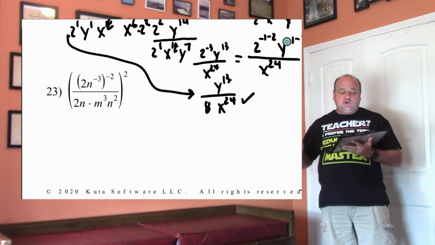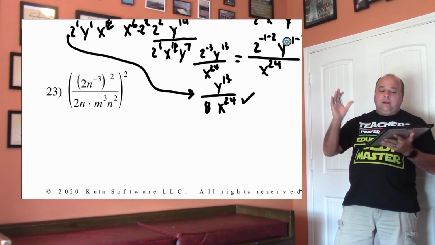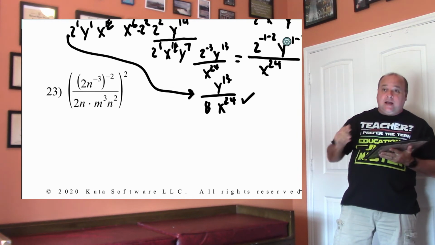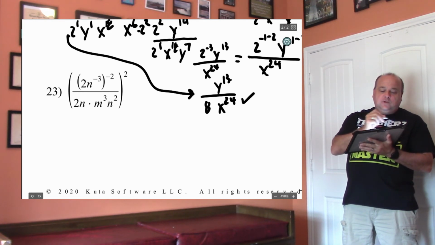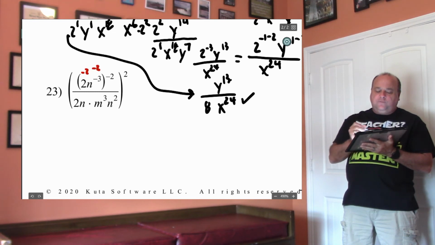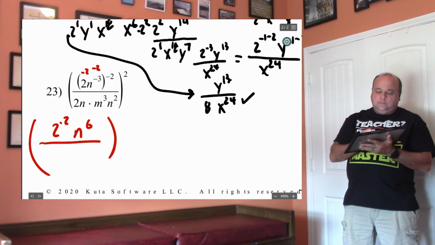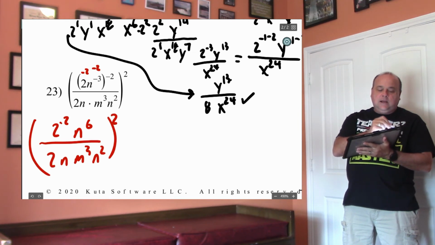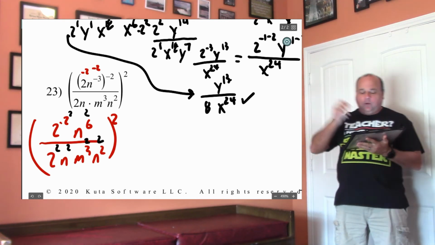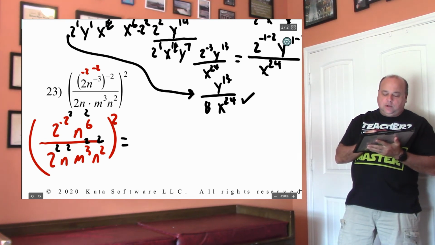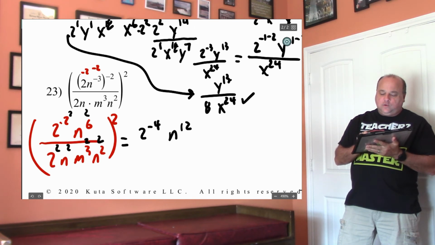Okay, lastly, let's do number 23. Okay, remember, this has a parentheses and a parentheses. I will not do this to you on a test, because this gets really, really tricky. Okay, so on this one right here, we're going to distribute the negative 2 first. So we're going to have 2 to the negative 2 into the 6. And then 2 in 3, in 2, all of the 2. Now then, that 2 exponent is going to get distributed to every single exponent. And then we're going to multiply. Okay, so 2 to the negative 4 into the 12 all over 2 squared, m